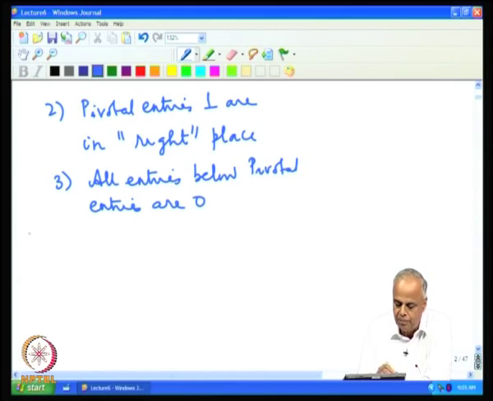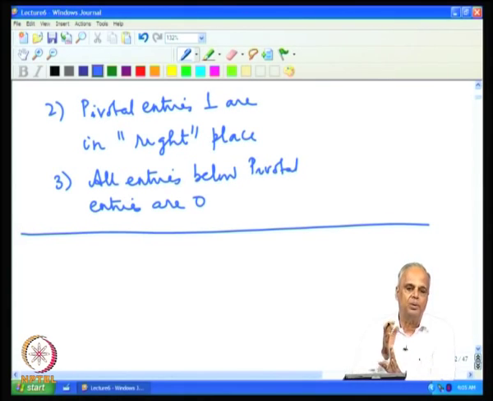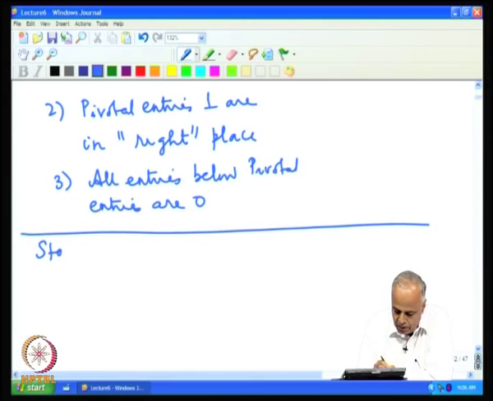This is the first stage of the operation. This has got the pivotal entries in the right place, made the pivotal entries 1, made them move to the right as we move down the rows, and made all the entries below the pivotal entries 0. Now, the only thing that remains is that the column supporting the pivotal entry must be 0 except for the pivotal entry. We have already made everything below the pivotal entry 0. You have to make everything above the pivotal entry 0, again using elementary row operations. Stage 2, we will call the cleanup operation.